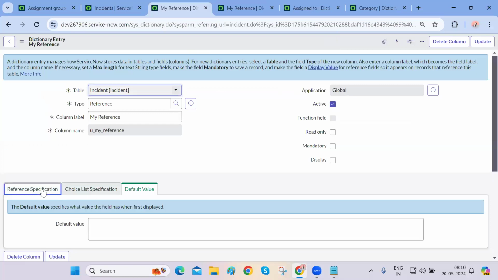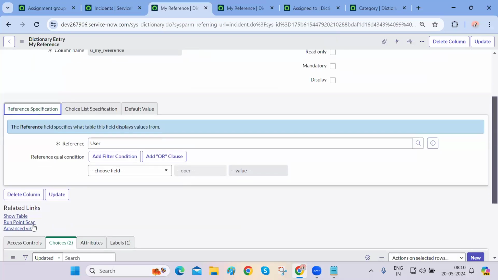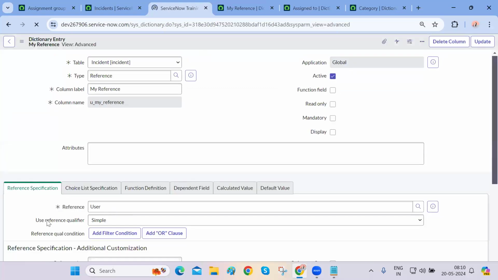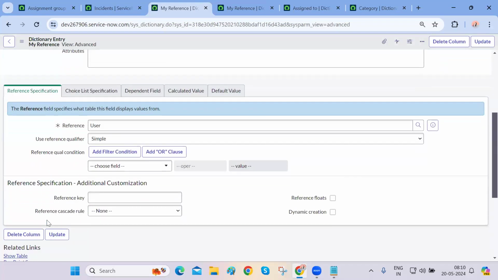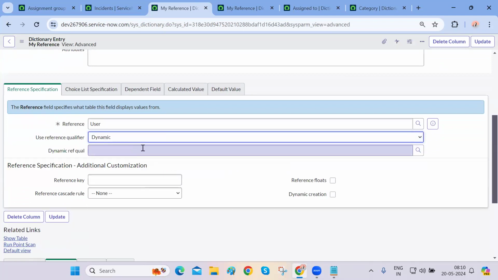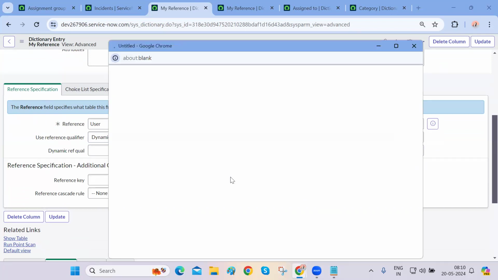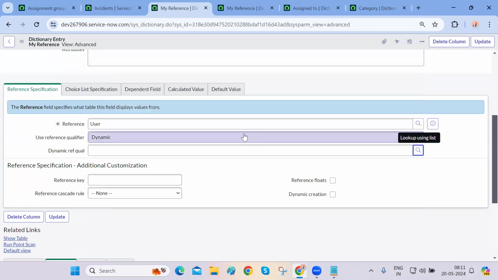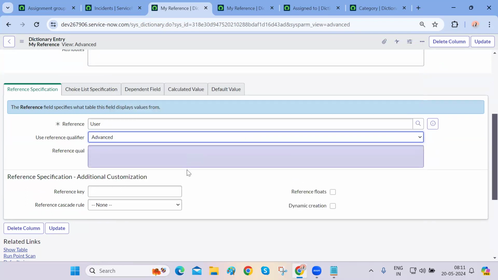Here we are having the choice list, and in this reference qualifier, if you click on advanced view, instead of making it a simple reference qualifier, you can make it a dynamic or advanced reference qualifier. The dynamic reference qualifier value can come from a dynamic filter option, or you can directly go to advanced and put in your reference qualifier, which says